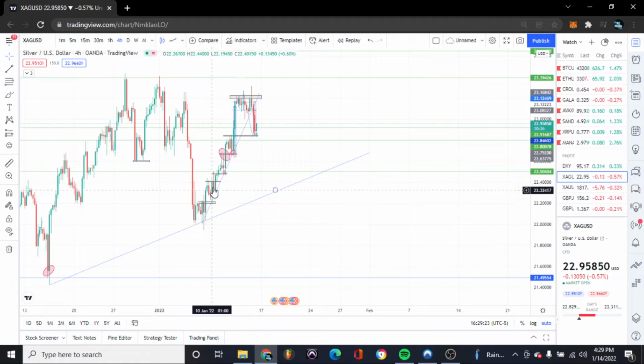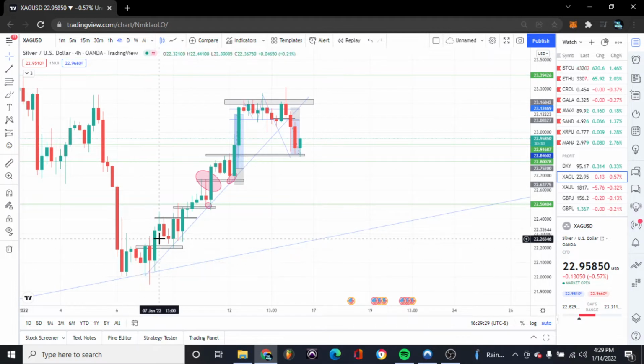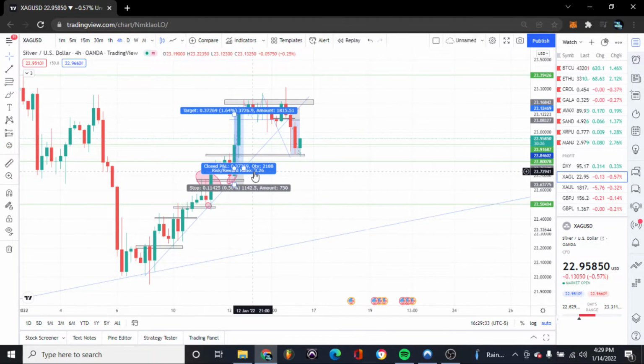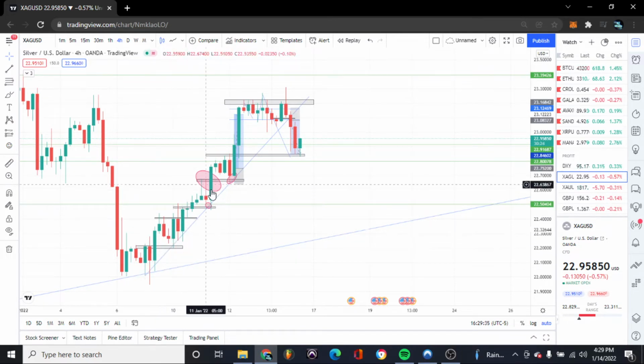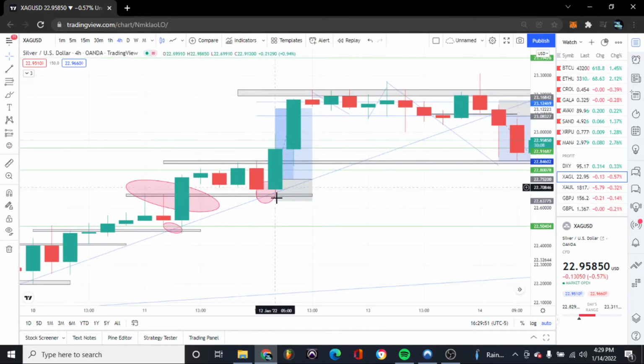I didn't take any trades right here as I should have, but as I saw it was going up, I drew another minor trend line, and I can see that price was respecting my trend line and the supply and demand zones. So when it actually came down here,